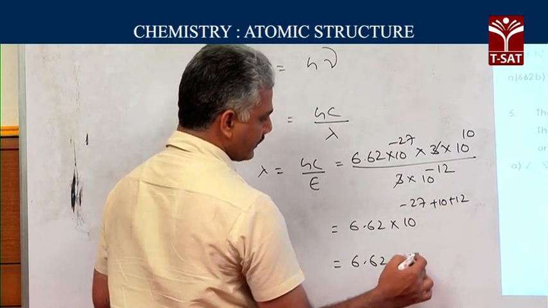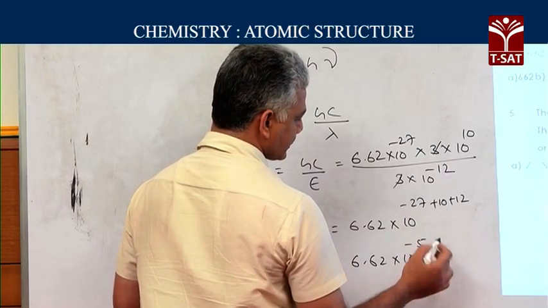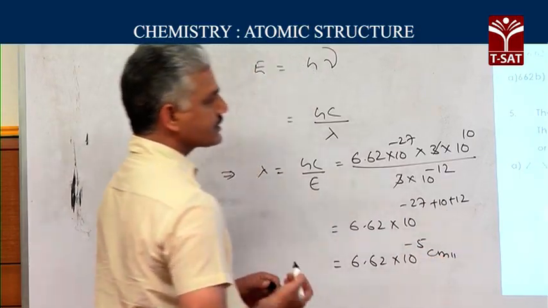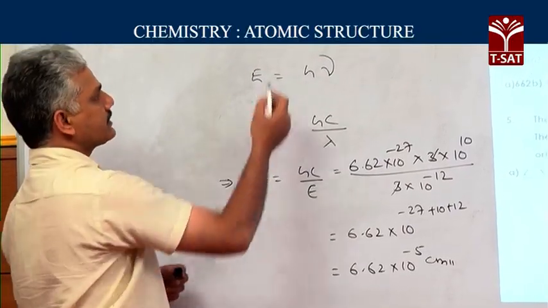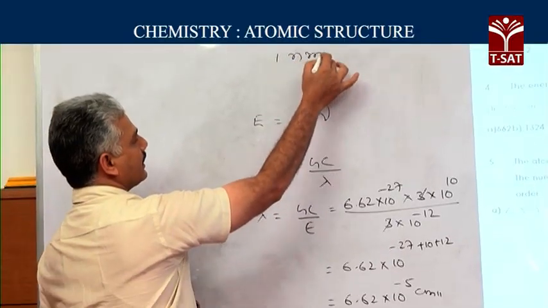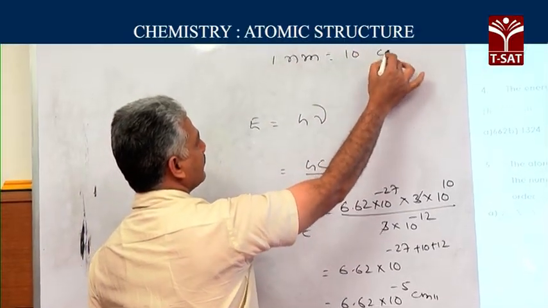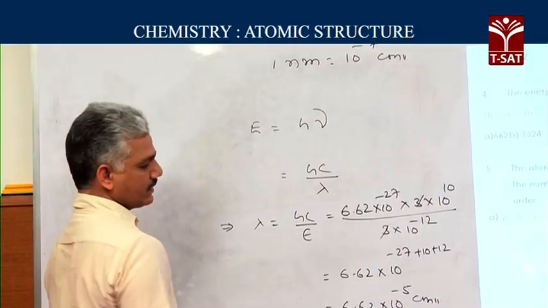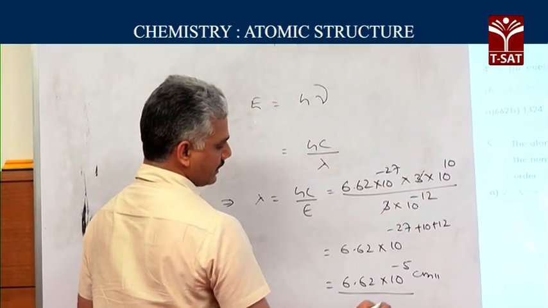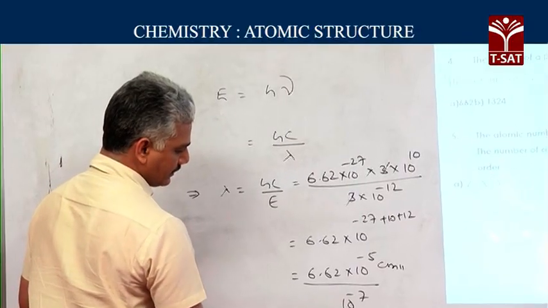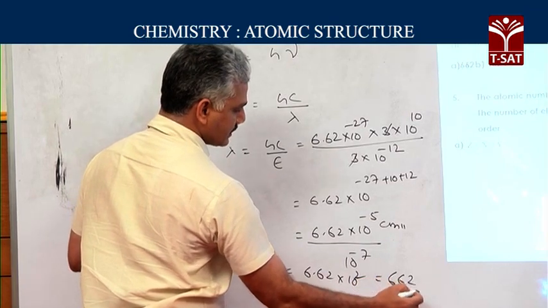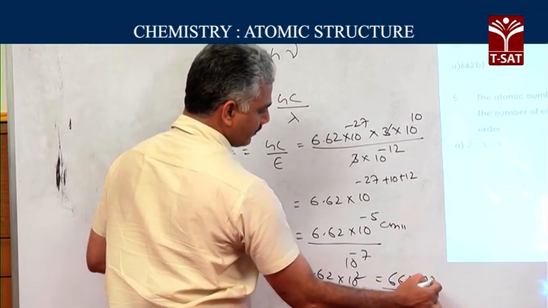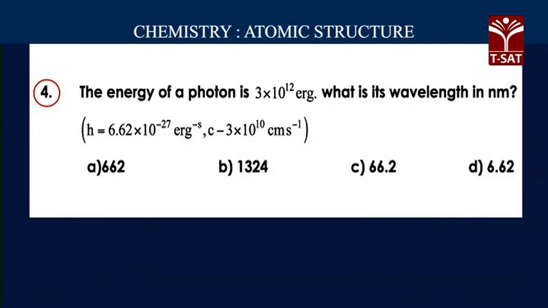6.62 into 10 power minus 5 centimeters. When this centimeters has to be converted into nanometers, the conversion factor is 1 nanometer is equal to 10 power minus 7 centimeters. Therefore, it has to be divided with 10 power minus 7. So, 6.62 into 10 power 2 we get, or 662 nanometers you can say. So, the correct answer for this problem is first option A,